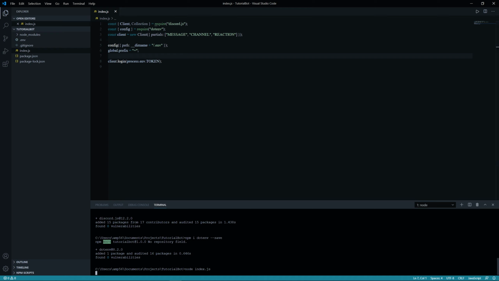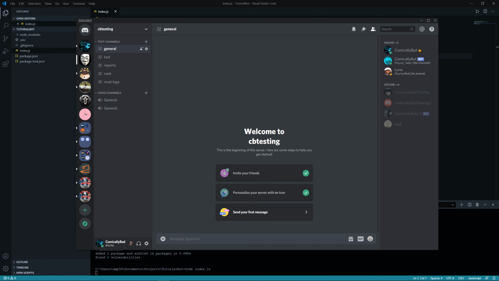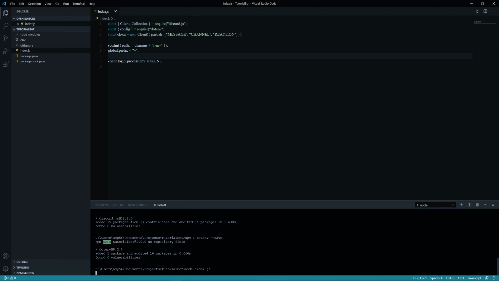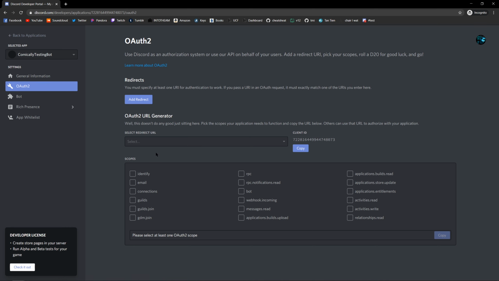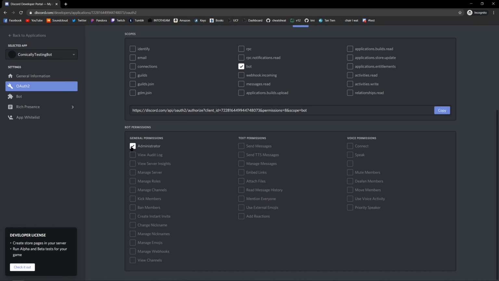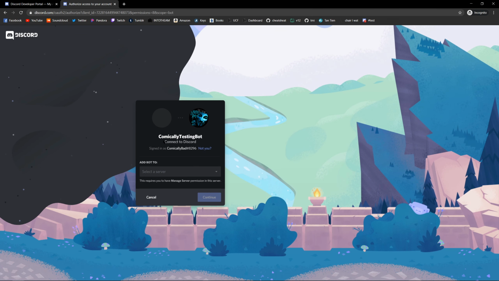And so I have not added an event, but if I check, so that's the other thing. We have not added the bot to our Discord. So what we will have to do, if we open up back into here, we want to go to OAuth2, select bot, and then for now we're just going to give it administrator privileges. You normally would not want to do this in the future. You want to get the permissions it actually needs. But we will copy this link, paste it in a new tab,